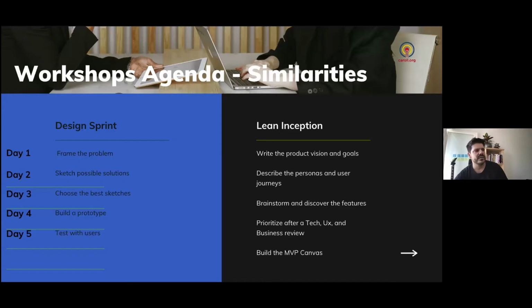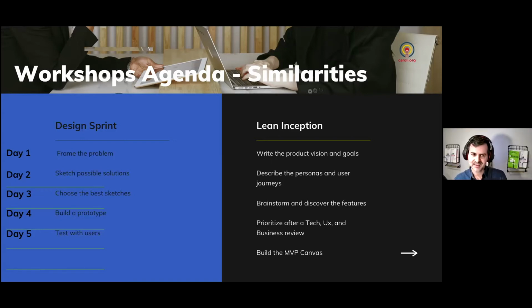Totally. And we can see here in day two, day three, the foundations are the same, right? It's the same actually. It's design thinking, right? Diverge, converge, and strive for innovation there. Co-creation, work with the team, and decide as a team. Day four, build a prototype. So design sprint, as we mentioned before, the outcome or the goal there is to build a prototype and test it with users on day five. The inception, Paulo, I don't know if you want to explain a little.